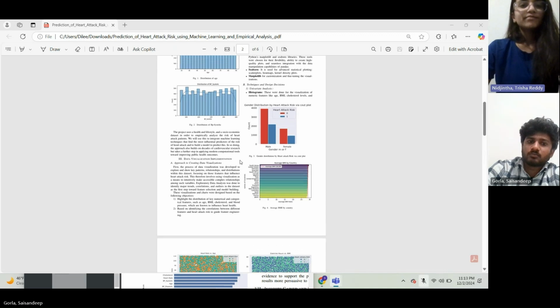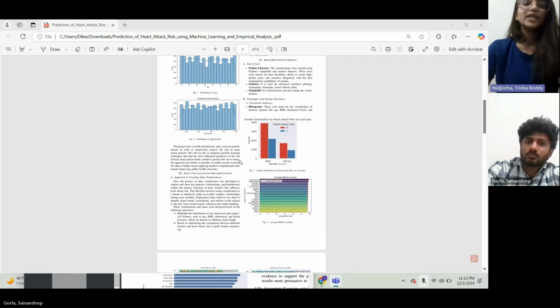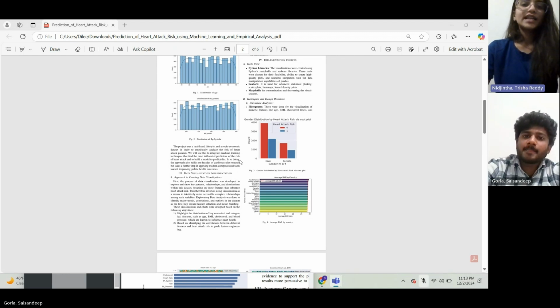Coming to the data visualization, the process of visualization highlights the patterns and correlations, and it guides the feature engineering and stakeholder communication too. For example, histograms for BMI and cholesterol distribution and the correlation heat maps